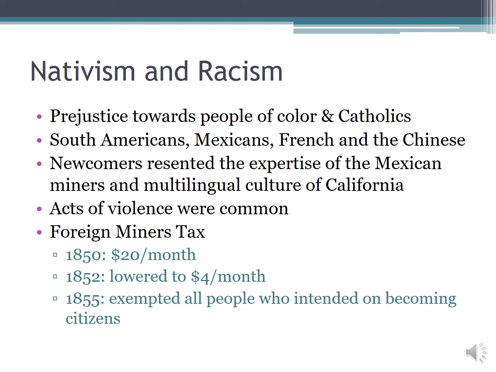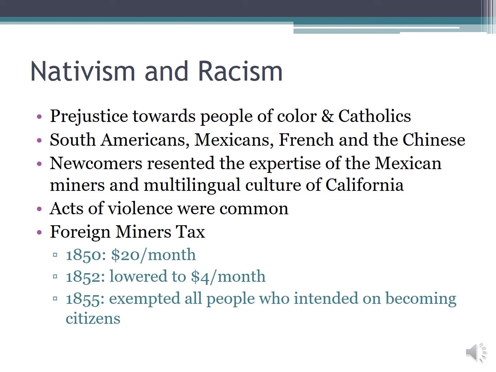There were a lot of newcomers from America, right? The Argonauts, as they were often referred to, these people that would travel either overland or by boat to come to California for the gold rush. And they would oftentimes resent the expertise of the Sonoran miners or the Native American miners. And so there were some laws that were passed to try to prevent or at least give the Anglo miners